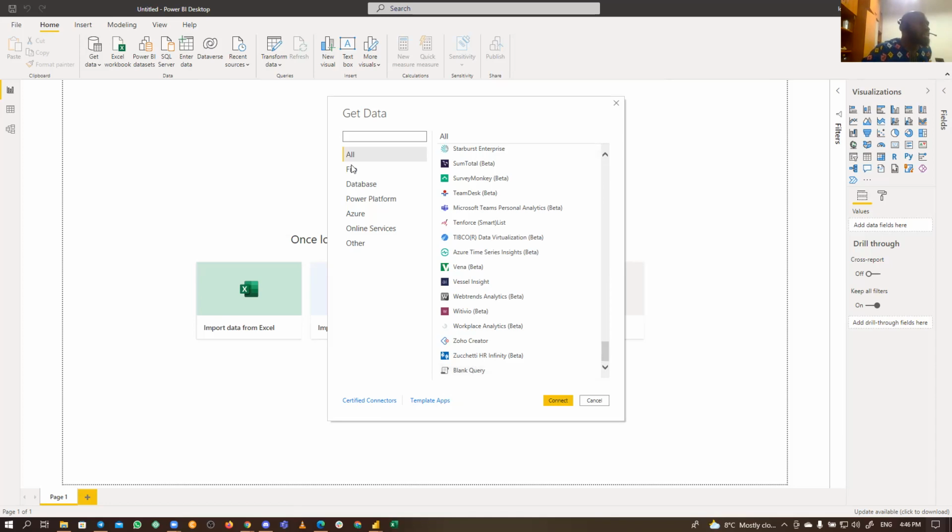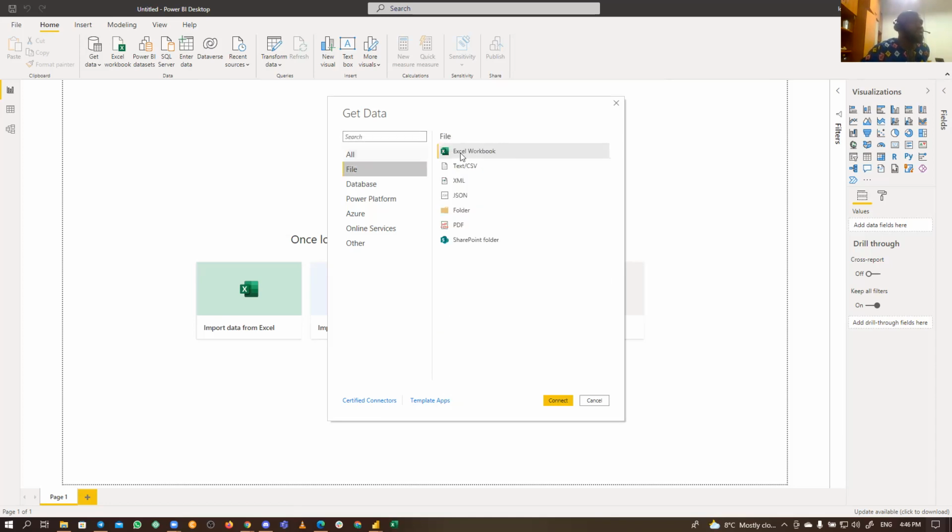So you can check the data sources. You can connect to Excel, to a text file or CSV, to JSON, and you can even connect to a folder that contains your data set. This is really a fantastic feature, because as soon as you update that folder, even in the backend, it connects, it updates, it picks it up.